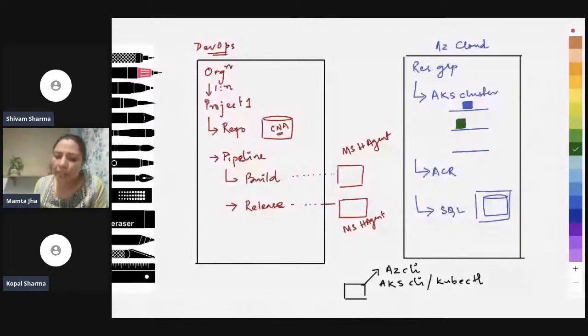So the front end would be connecting to the middle tier. If I'm not getting the data here, it would go ahead and fetch that from the database. So this connection has to be allowed on the server. And we have to stitch up the settings between the front end and the back end. That also would be one of the tasks. Now, a user sitting outside would be able to access our application.